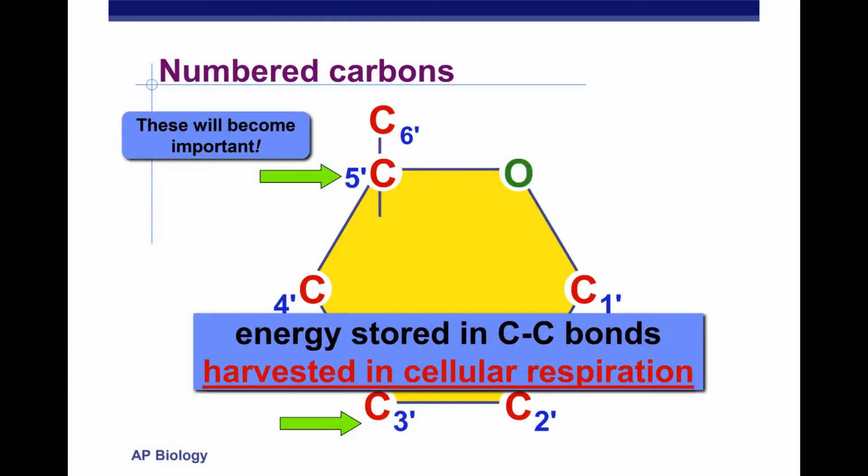Now it's going to be really important that you learn how to number these carbons. This is something that's going to be huge in terms of how we create these molecules and also how we name these molecules. So in a ring structure, we number the carbons starting to the bottom or to the right, depending on how you want to look at it, of the oxygen that's actually a part of the ring. So that would be this oxygen here. Everything starts this way. So that very first carbon underneath that oxygen is called carbon 1 prime, followed by carbon 2 prime, carbon 3 prime, carbon 4 prime, carbon 5 prime,